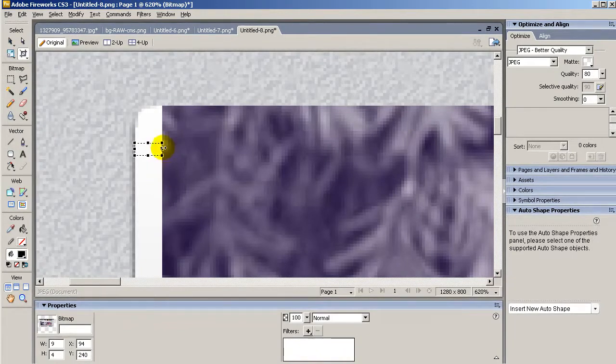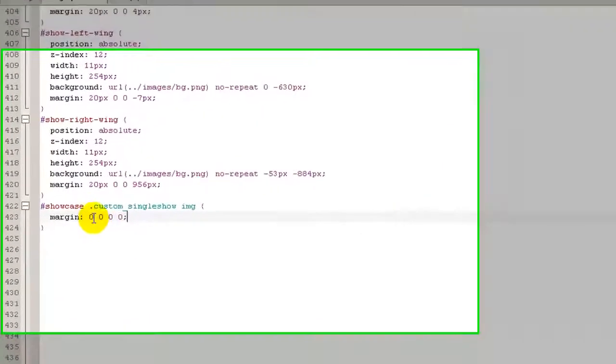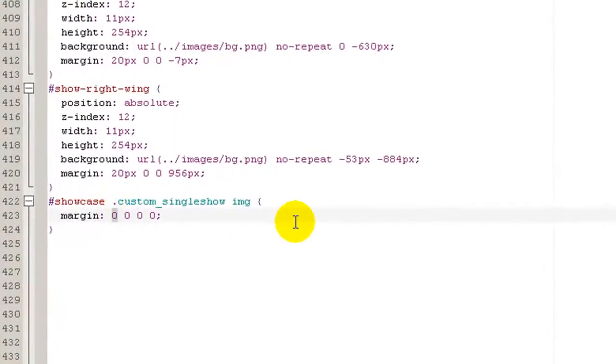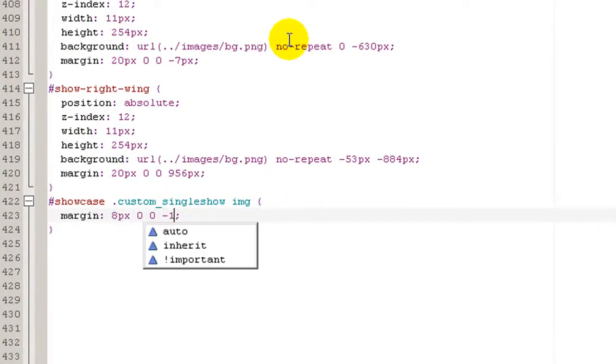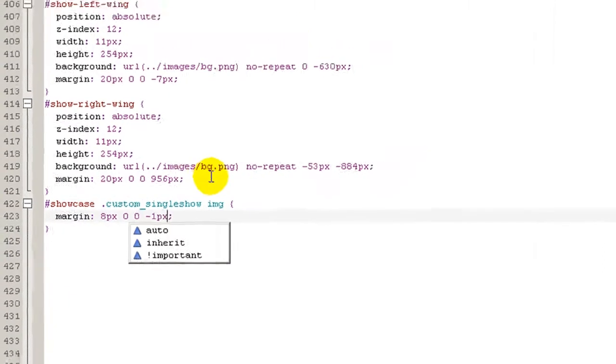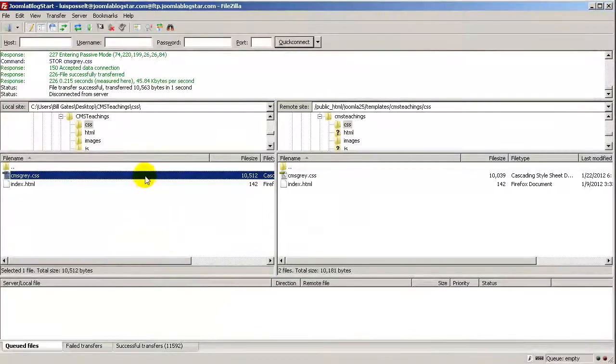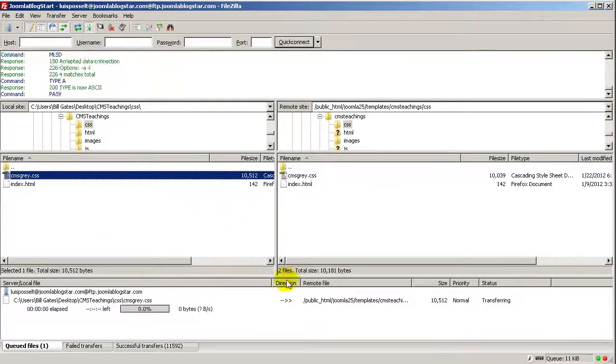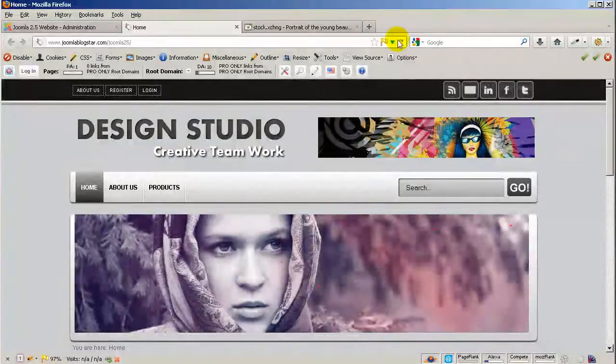What we are going to do is eliminate 1 pixel on the left, and we are going to add 8 pixels on the top. Let's go back and do that. Then on the top we are going to add 8 pixels, and then on the left we are going to subtract 1 pixel. Let's click Ctrl S, and we are going to right click, upload, going back and refresh.